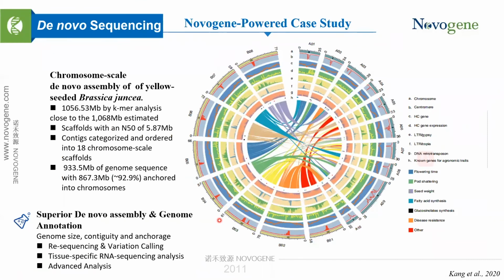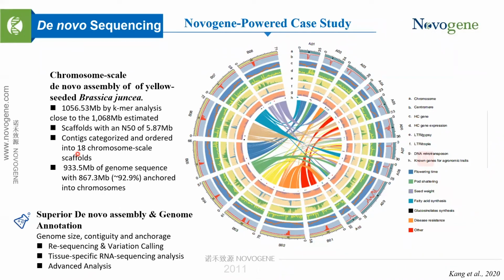And through the application of PacBio and high-speed genome assembly technologies, they managed to construct a chromosome-scale genome of this elucidated Brassica rapa, in which 1,897 superscaffolds with an amplitude of 5.87 million bases are assembled. And these contigs are categorized and ordered into the 18 chromosome scaffolds. And by using the high-speed data, they also confirmed the pseudochromosomes and manually adjusted